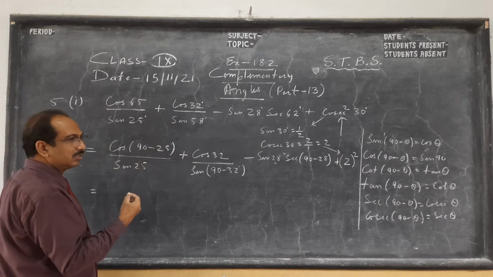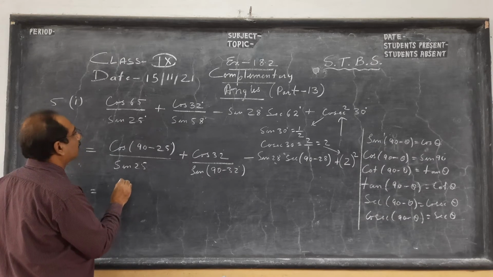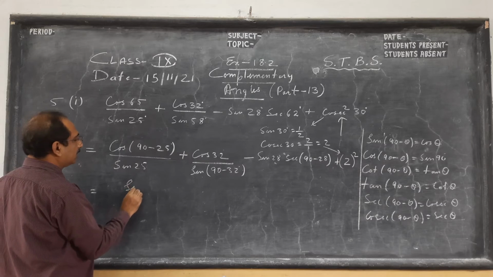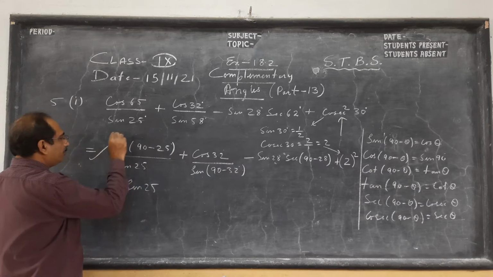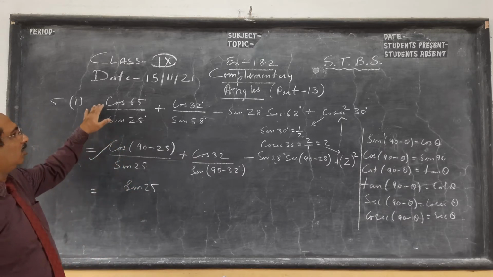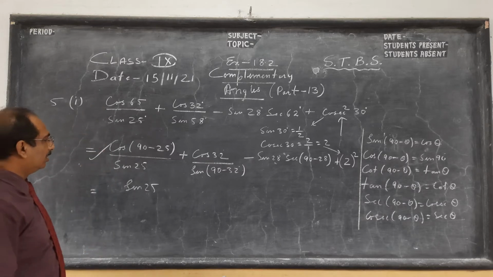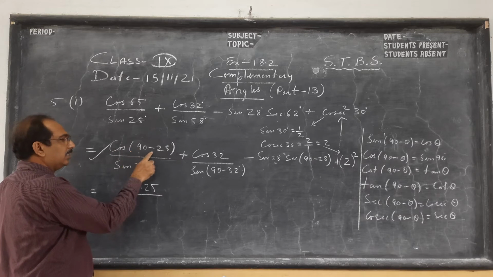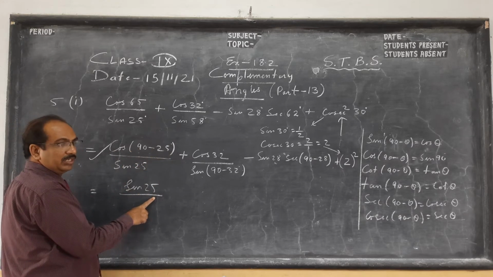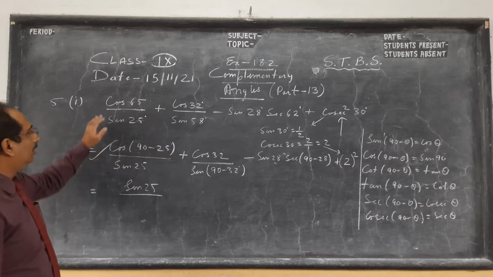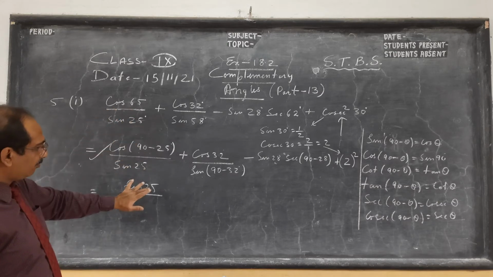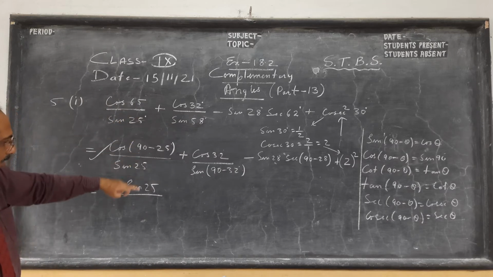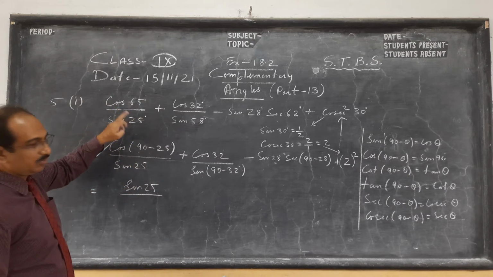So these are slightly harder sums. Cos (90 minus theta) becomes sin theta. This step as per ICSE is very important. You cannot directly write cos 65 as sin 25. First you have to show cos 65 is cos (90 minus 25), therefore it is sin 25. And in short, if you remember, cos 65 and sin 25, this should be complementary, you see.